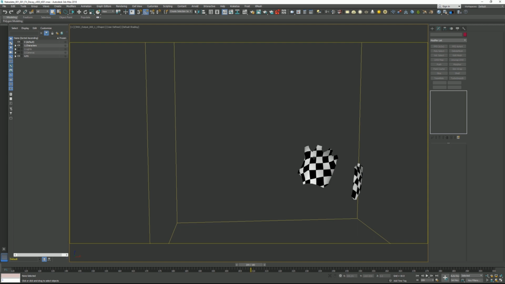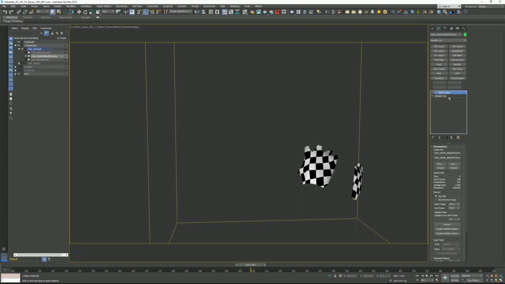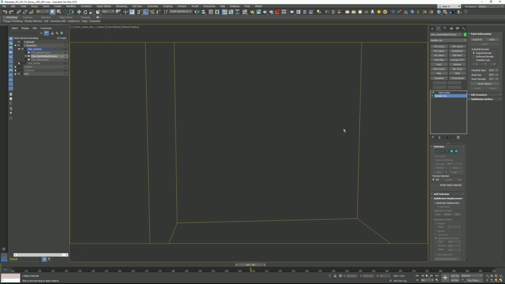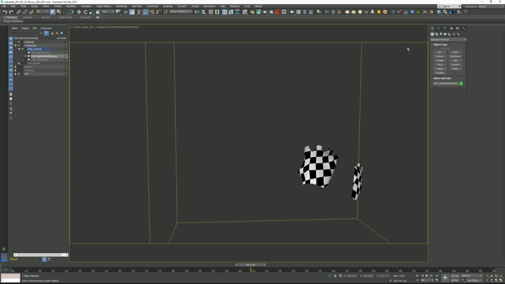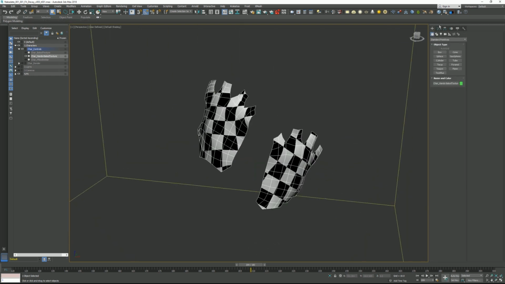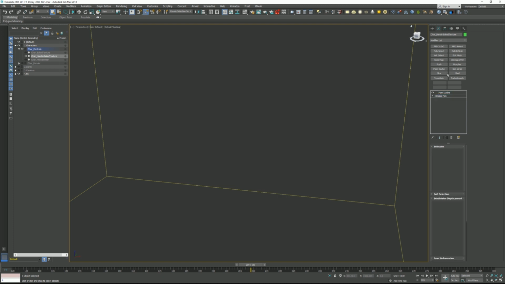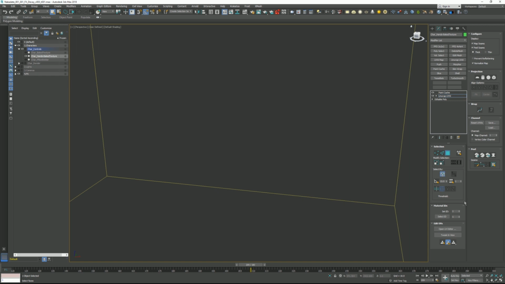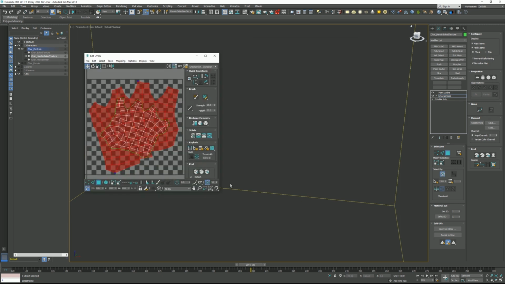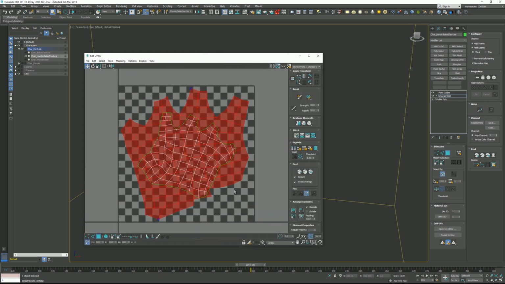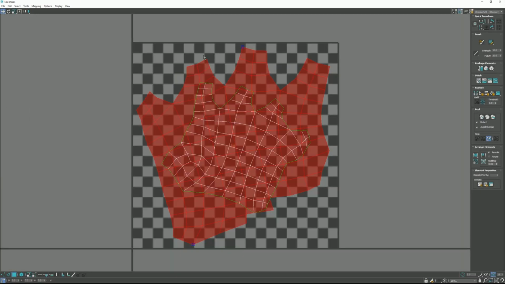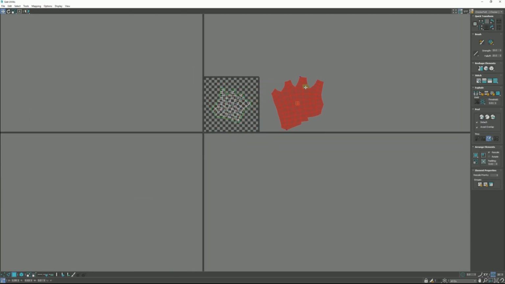Now, the next step of this is that we want to quickly go back to Edit Poly. And I'm going to unwrap it. So we say unwrap, make sure it's under the Edit Poly. And then we'll just do the pelt mapping peel here. Okay, now, while that's still there, we can see one of these is selected, which is good, because I'm going to want to move that selection out of the way, select the other one,